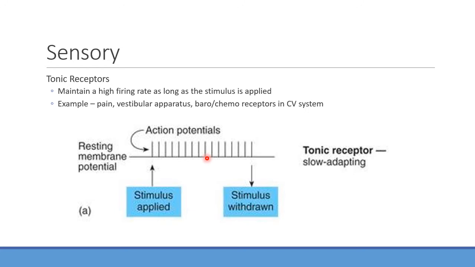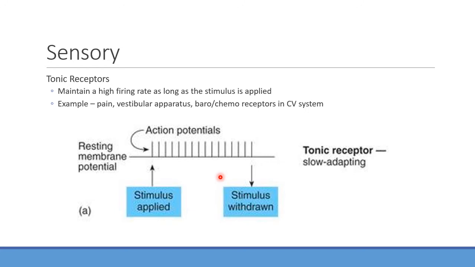So that's one thing you can see. Things like baroreceptors are really important, especially for detecting pressure within the blood vessels. Chemoreceptors detect pH. Your body doesn't want to get used to a pH of 6.9. You need to constantly know that pH is too low to be able to activate some of these compensatory mechanisms, right? So these are all things you want constant awareness of, or at least your sensory inputs want constant awareness of. And that's why those action potentials never really slow down at all until the stimulus is withdrawn.